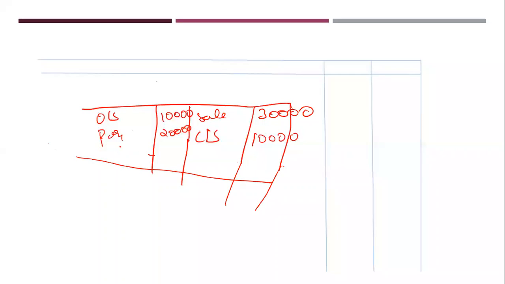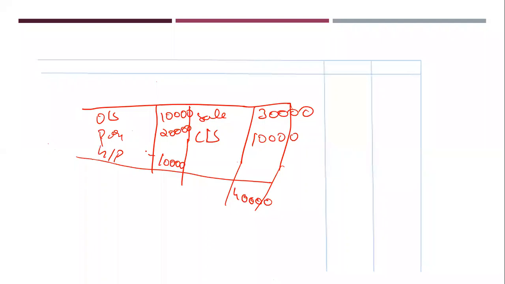Yes, put it in your chat. 40,000, and my gross profit is 10,000. Correct. And this will be carried forward to our P&L account, and the calculation will proceed like that.